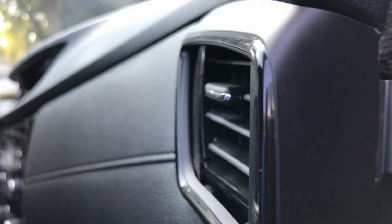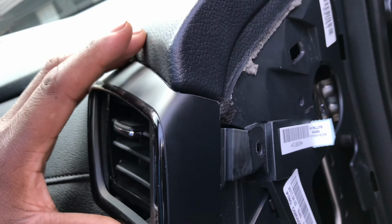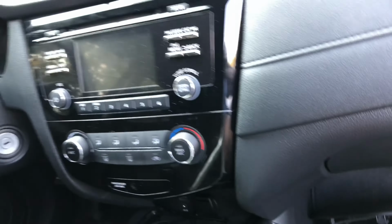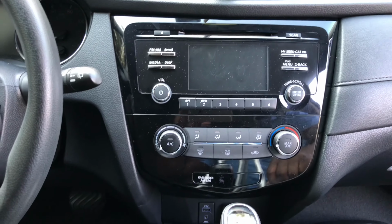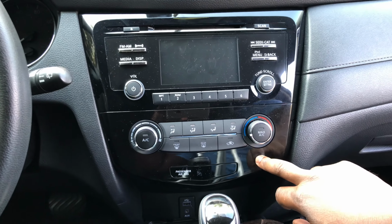As you can see, that screw goes right there to hold this fascia piece in. When you pull that fascia piece out, you got it out. Now, as you can see, I got pretty much all my air vents, fascias taken out. The next thing I want to take out, just as the interior pieces, I want to take